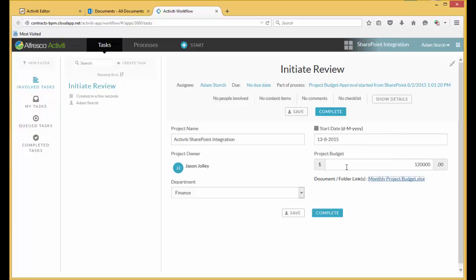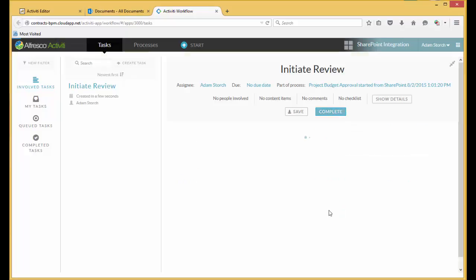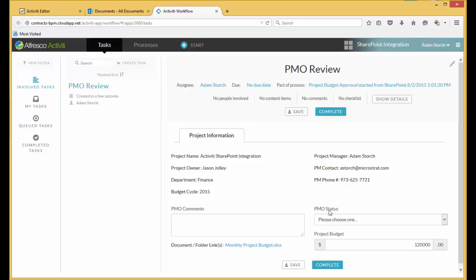Okay, we're happy with what we've seen. So now we can send it to the next step in that workflow. Okay, in this case, going to the PMO review stage. I'll hit complete, and that's it. Now, for purposes of the demo, I've routed it to myself, PMO review, and that's why it immediately takes me